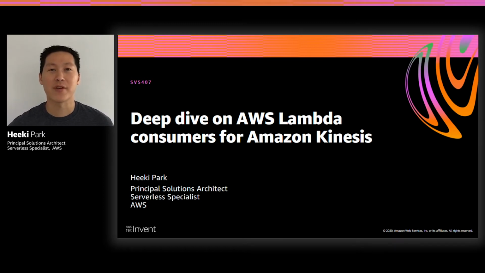I've been here about 4 years, and 3.5 years of that time, I was in the professional services organization, helping customers build cloud-native applications. And in the last half year or so, I've been a serverless specialist, helping customers build serverless and event-driven patterns. Today we'll take a deep dive on how to leverage AWS Lambda functions as a consumer